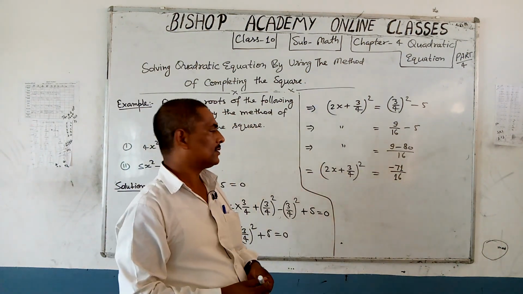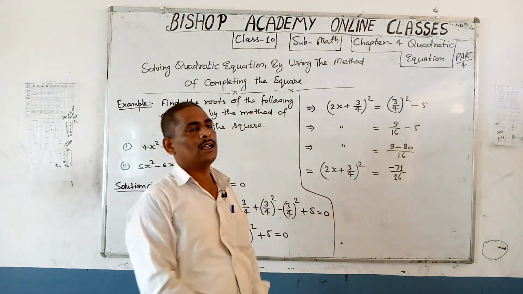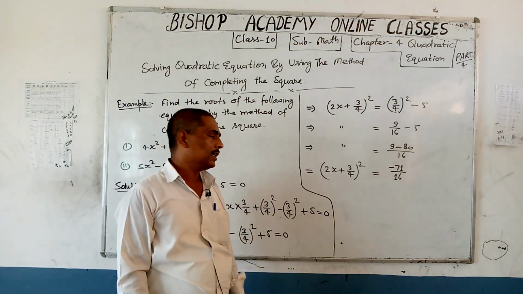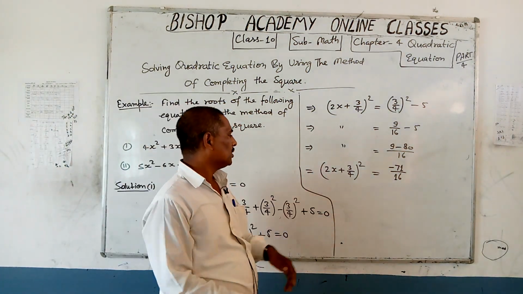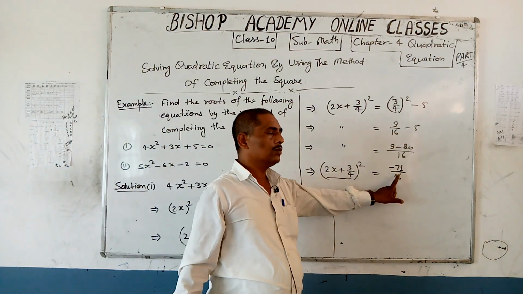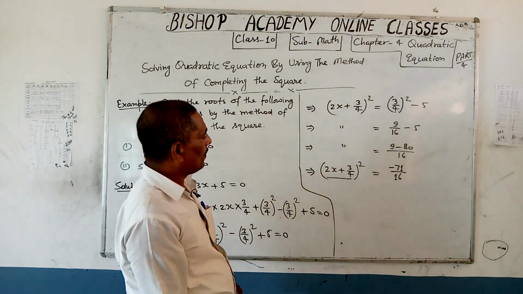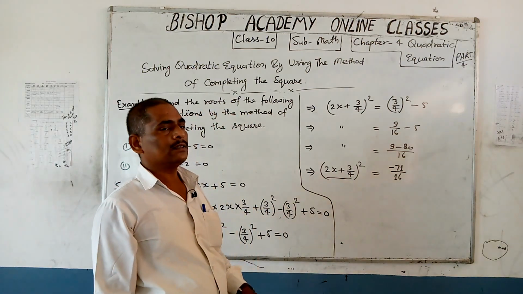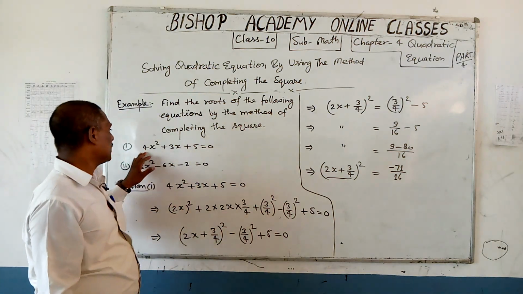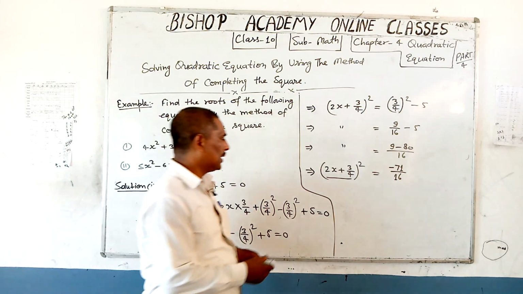Here, in this step, you will understand: you know that the square of any real number cannot be negative. The square of a real number cannot be negative, but here in this step you see that the square of a real number is equal to a negative term, so it cannot be possible. So here it means the roots of the given quadratic equation 4x square plus 3x plus 5 is equal to 0 are not real. So you can write here,